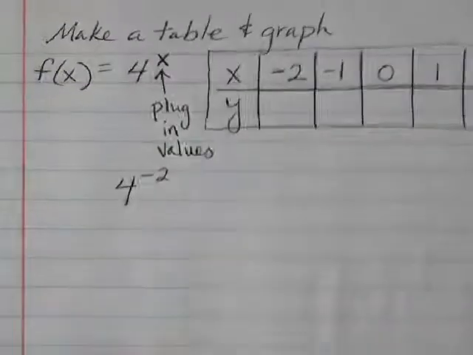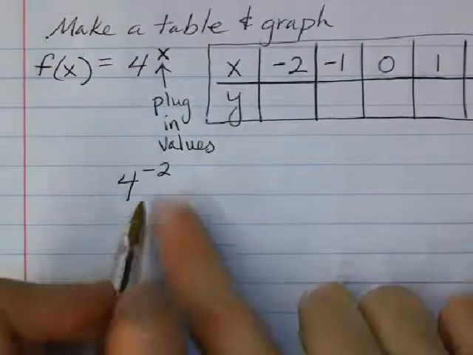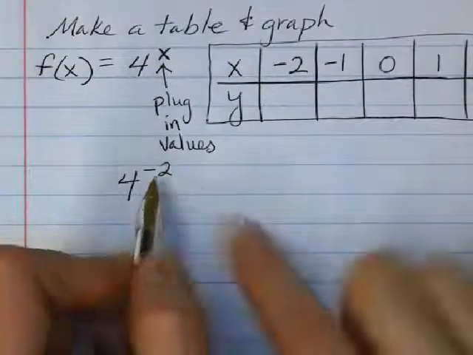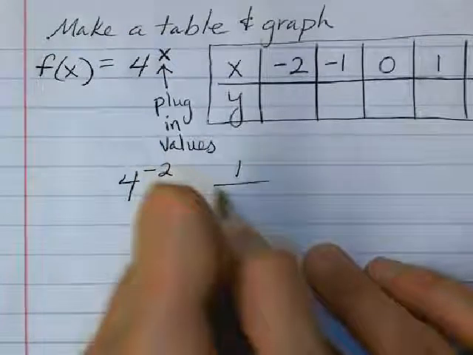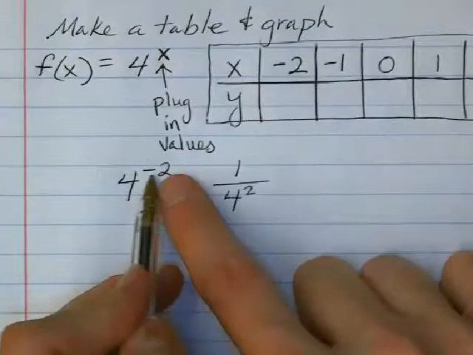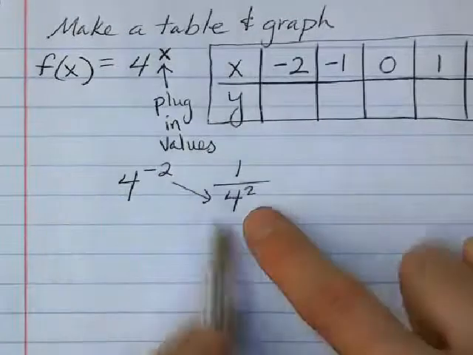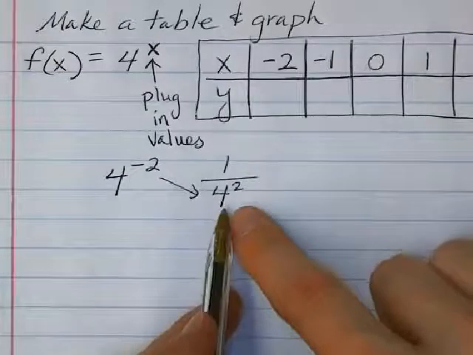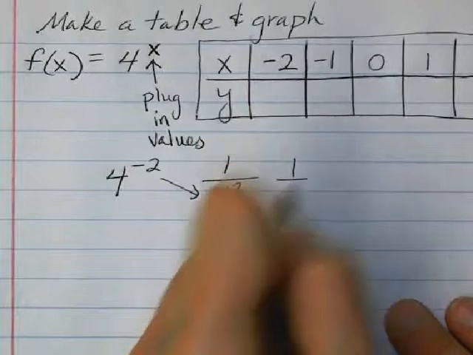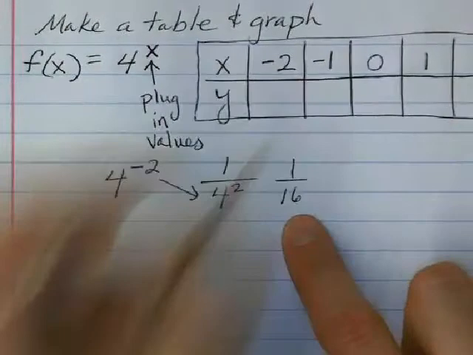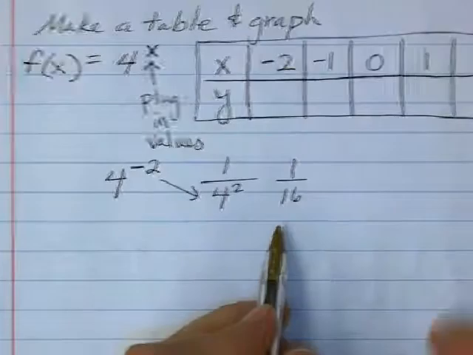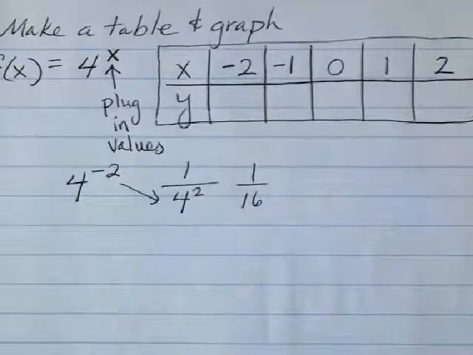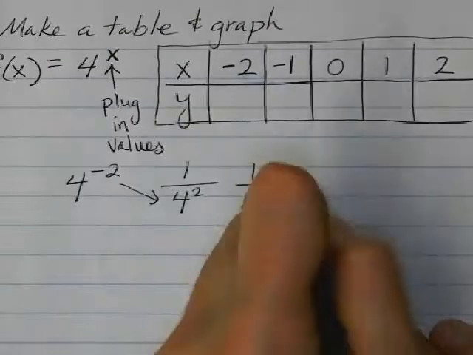And actually, I want to show you negative exponents. It's actually the same as 1 over 4 squared. When you have a negative exponent, it actually puts it in the bottom of a fraction, in the denominator. So it's actually the same as 1 over 4 squared. And 4 squared is 16. So it's actually the same as 1/16. And 1/16, if you divide 1 divided by 16 on a calculator, you get the same answer,